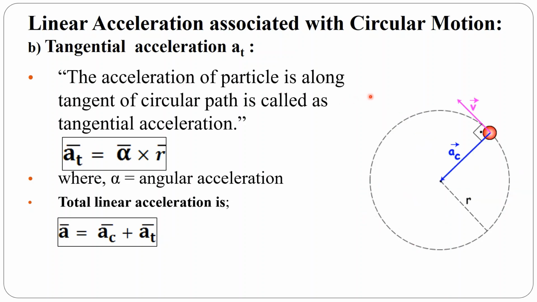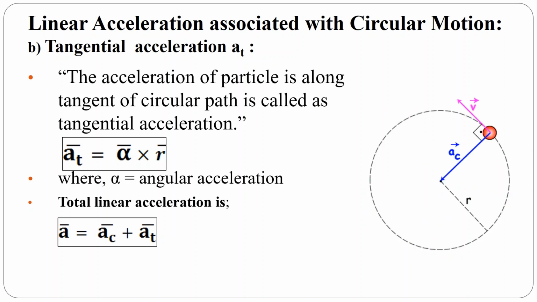So what is tangential acceleration? The acceleration of a particle along the tangent, acting along the tangential velocity. That's why it is called tangential acceleration. Have you got this concept? So in this we completed centripetal acceleration and tangential acceleration. Tangential acceleration acts along the tangent, and centripetal acceleration acts along the radius and towards the center. Right? Have you got this concept?